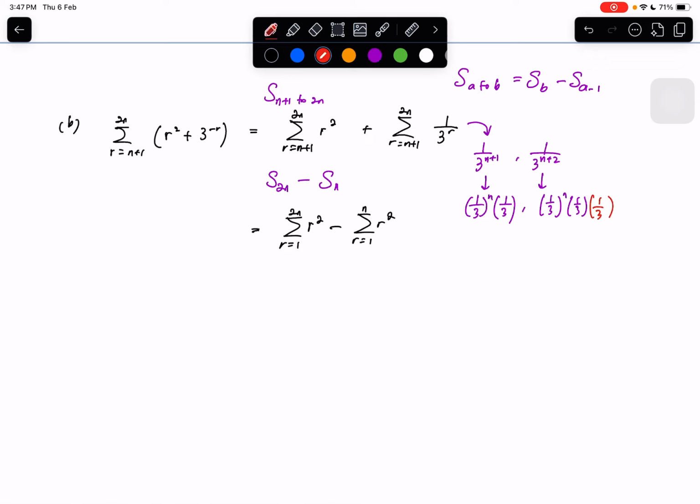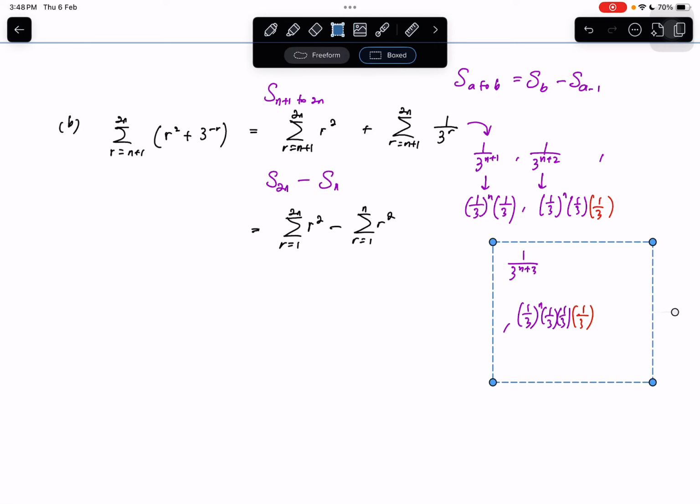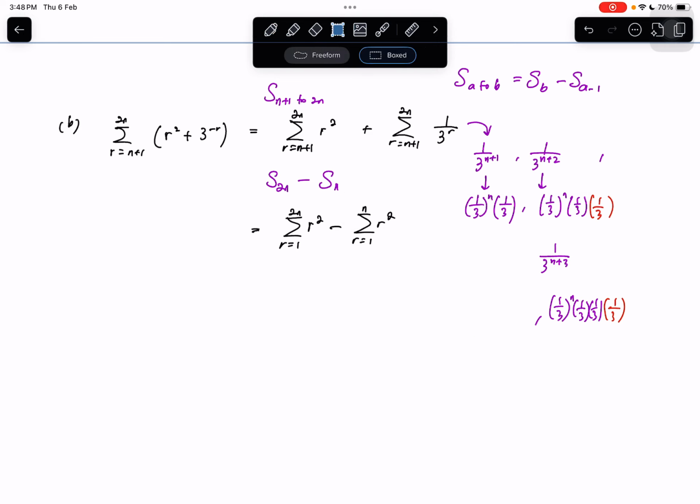If we look at one more term, the next term, 1 over 3 to the power n plus 3. So this one over here, we break it down: 1 over 3 to the power n, 1 over 3, 1 over 3 as previously, and then we got the third one. So technically speaking, if you notice what's going on,